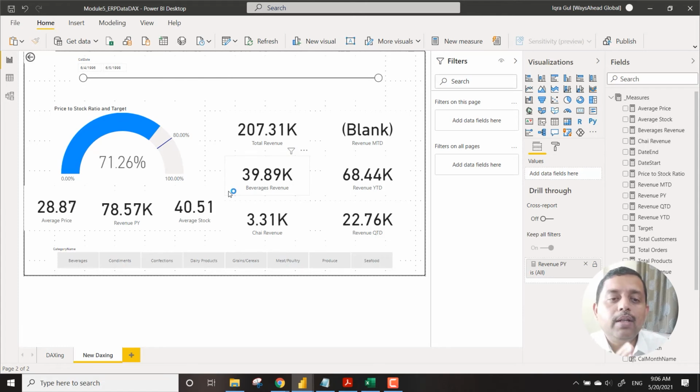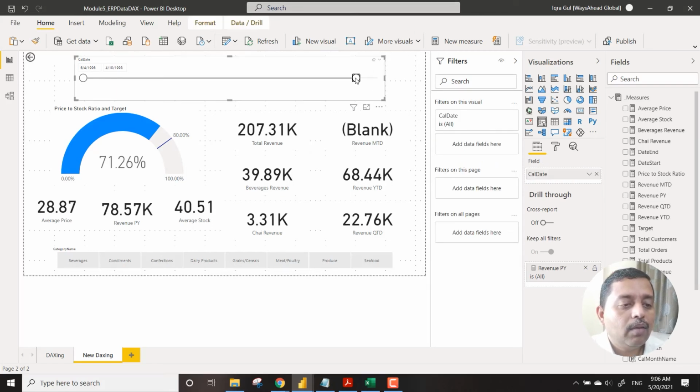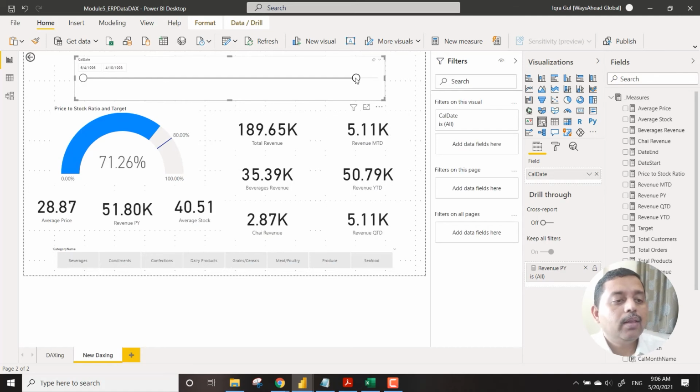So see, always remember, when you talk about TD, meaning to date, I'm not talking about the from date. So we are always talking about the TD or the to date. So to date, we need to be careful whenever we are selecting this. So anyways, even if you just drag this, you will see that when you decrease the to date, automatically the MTD is in place, let's say. So let's understand why it is coming. Just to be on the safer side, we will not touch the end date over here. So let's take an example.